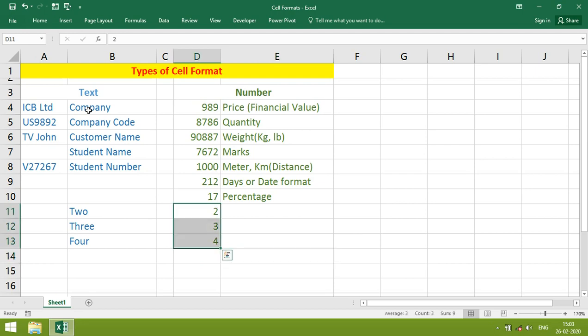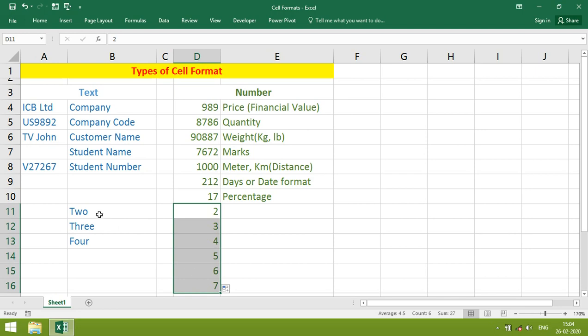Numbers, we will get multiple options. Automatically it will be added autofill also, whereas here, since it has no value for text, then it will copy only the text. I will show you. If I drag here, automatically changes the value based on reference.